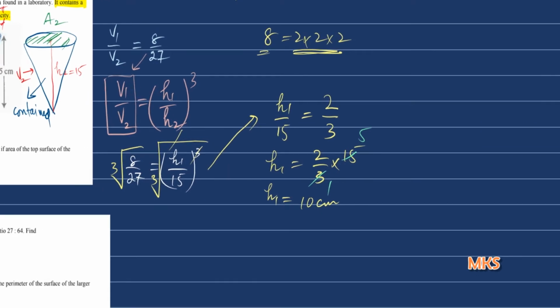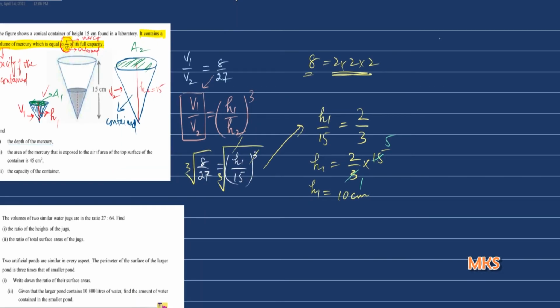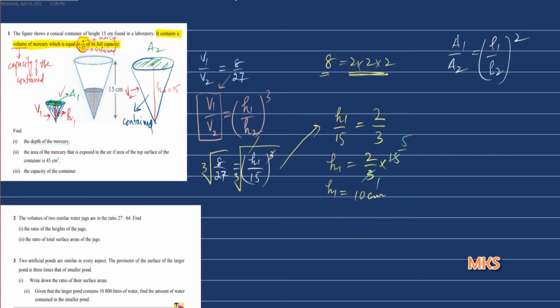So in this case we will use A1 over A2 is equal to L1 over L2 squared. So A1 over A2, A1 to be found, A2 is given, which is 45 centimeter square, is equal to L1